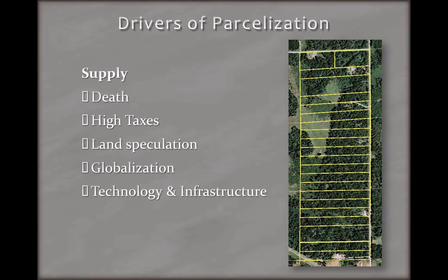Now, one of the alarming trends that I talked about before is the growing age of forest land owners. I forget what percentage it was, but a lot of the forest land owners are over the age of 65, and so relatively soon we're expecting a large turnover in ownership, and what that could mean is that we're going to see an increased rate of parcelization due to that.